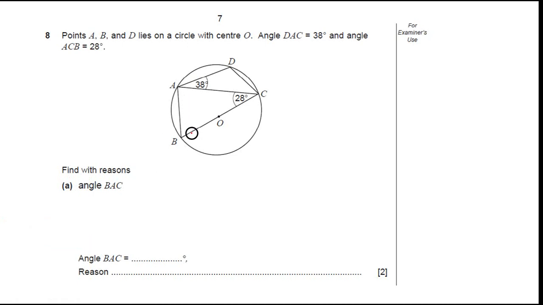Now, focus here. Triangle ABC is inside a semicircle. Just ignore that part there, that triangle ABC. Triangle ABC is inside a semicircle. And when you say a triangle inside a semicircle, this angle will equal 90 degrees. So, it's one of the theorems that exist. And once we get to that part,